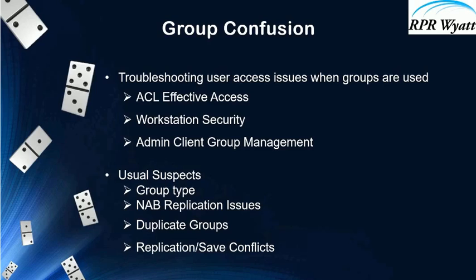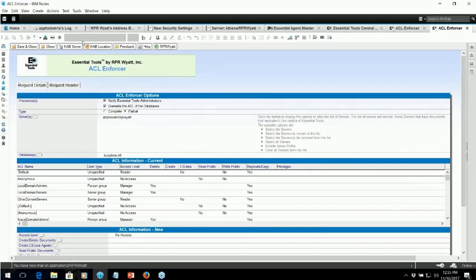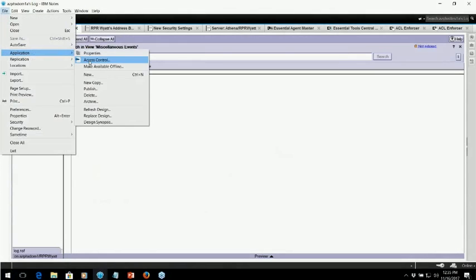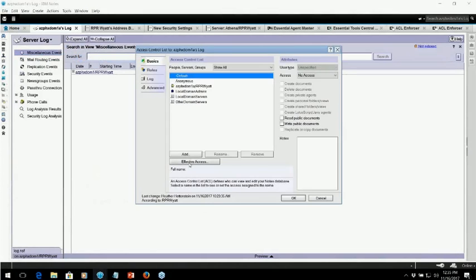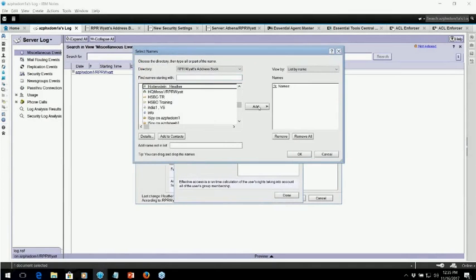The first way of looking at groups, for example in a particular database, and what a user has access to, is going to the access control list and doing Effective Access. This has been around, I think, since Notes 6 or 7. It's been around for a while, but not a lot of people know it. When I show it to people they say, wow, I never knew what that button did. If you click on Effective Access and enter a name, find a person in your address book,